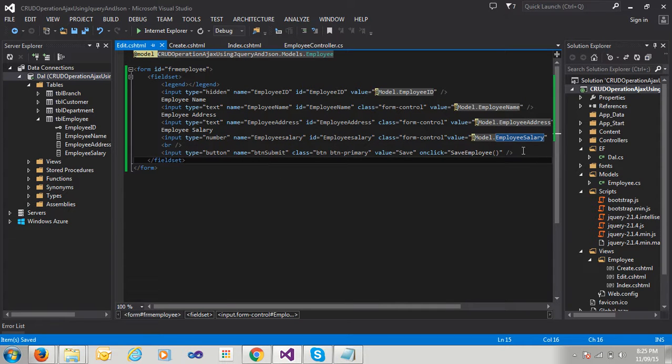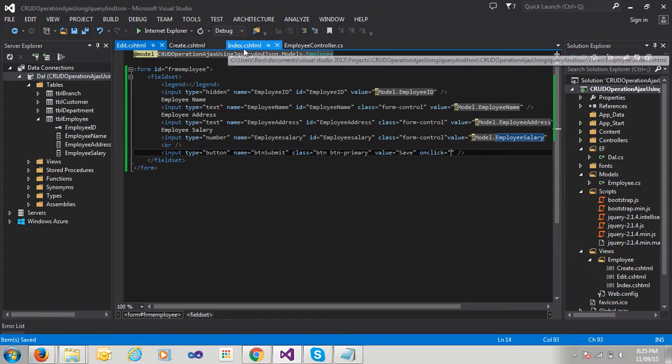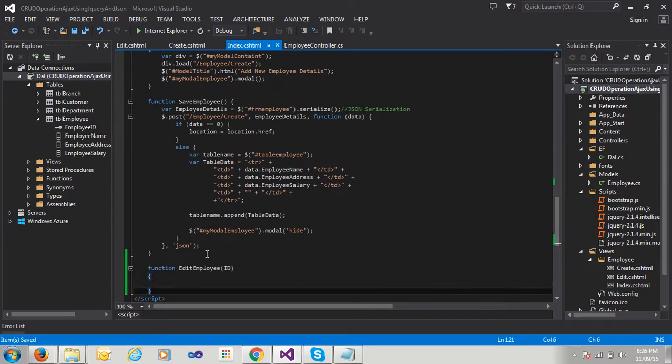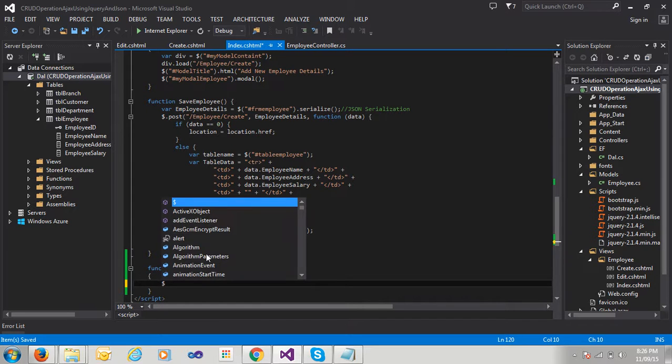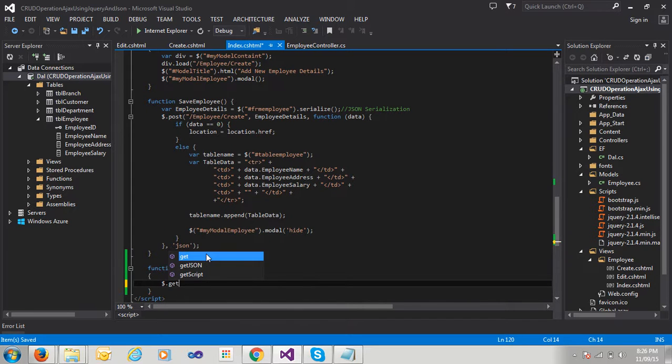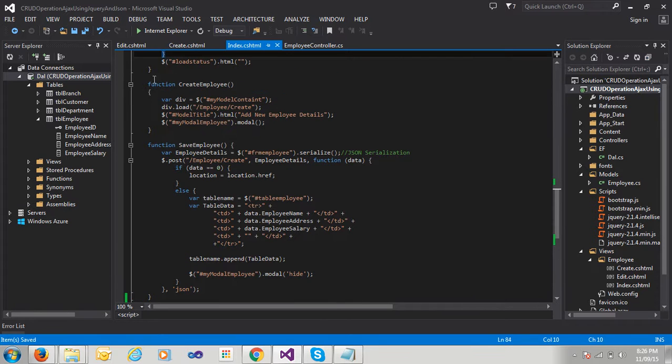Now you can see here, I just removed that method. I'm on click. That's it. Now I'm just going to the index.cshtml file, and here I'm calling dollar dot get. Before that, you can see here in the save employee, and before the save employee I am creating a